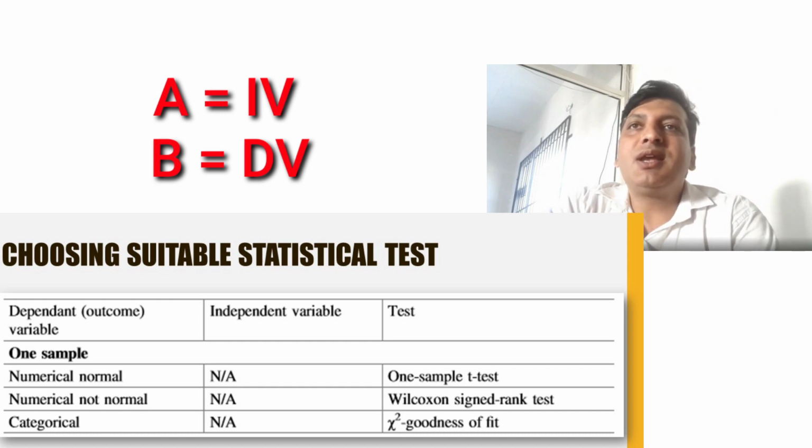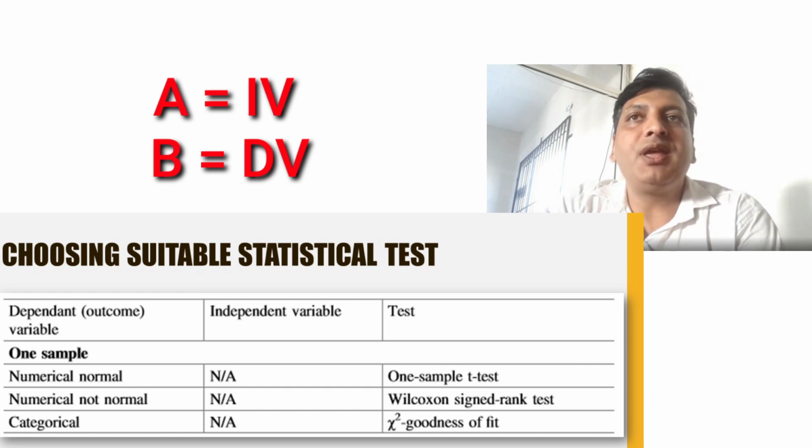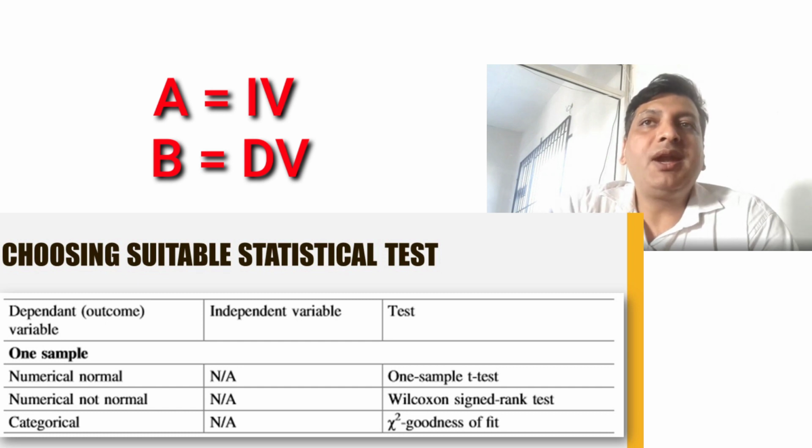Here you can see in this slide that we have two different kinds of variables in our research. The first one we call the independent variable, and the second one we call the dependent variable. I have taken an example of A for the independent variable and an example of B for the dependent variable. The dependent variable is also called the outcome variable, whereas the independent variable is sometimes called the experimental variable or predictor variable. Just remember that whenever we are conducting research, we have to see the effect of the independent variable on the dependent variable.